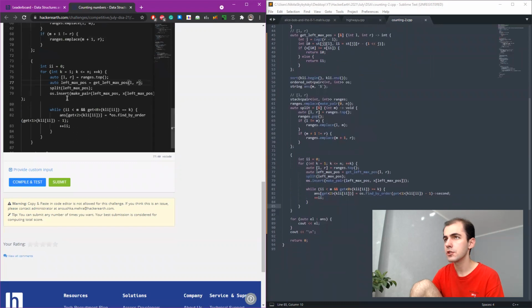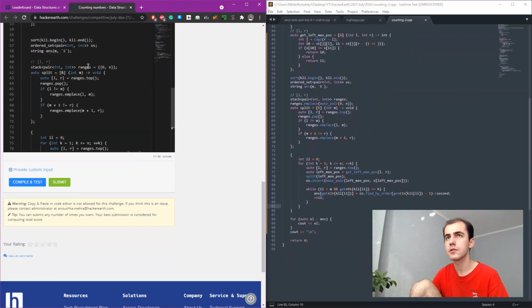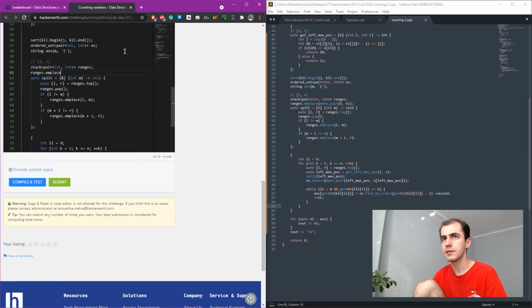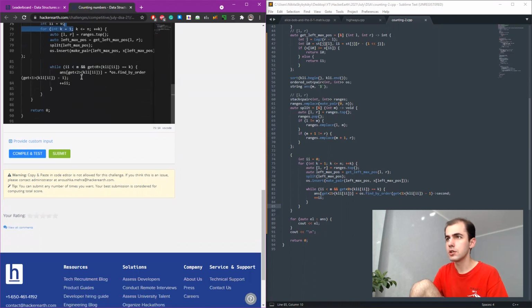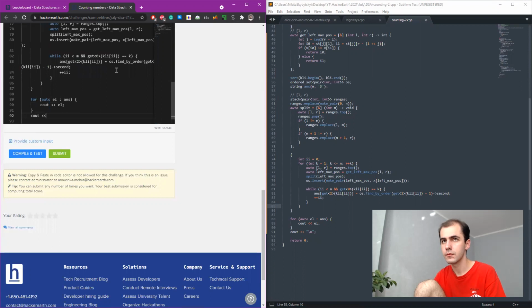Ranges emplace, make pair 0 n. That was not changed. That was changed to seconds. Also, we forgot to print that.